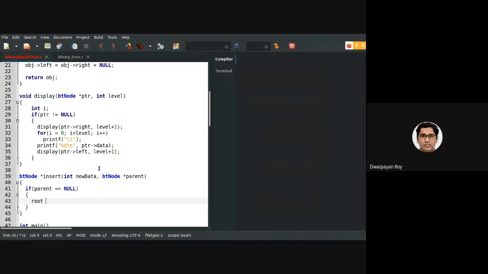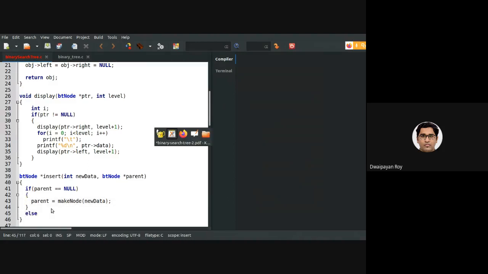In that case, we need to call this make node function with the new data. This will be creating the new node with the new data, and the address will be returned to parent.